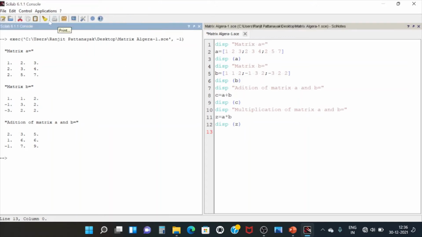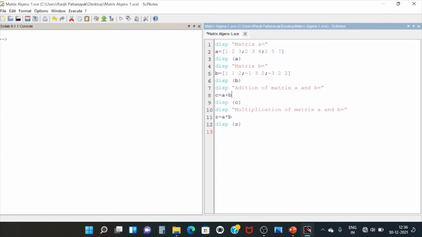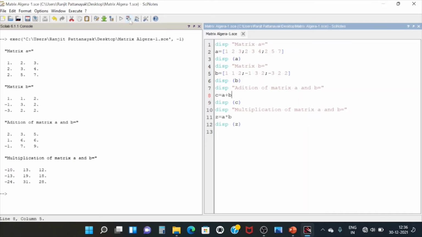Before that we have to clear the console, and then click over here. It will display A, B, A plus B, and A into B. So here is A matrix, B matrix, A plus B matrix, and this is your multiplication of A and B.